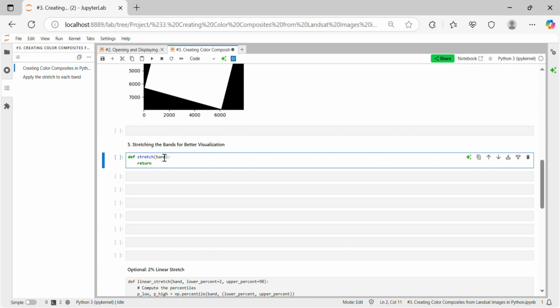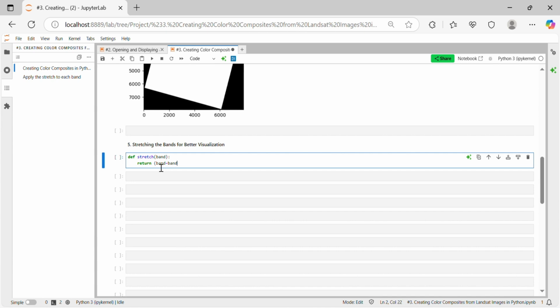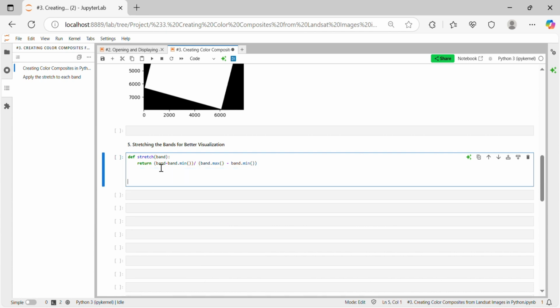And we're going to use the min and max for this stretching. Do band minus band dot min, divided by band dot max, minus band dot min. Okay. Awesome. We've just defined the function to stretch the bands for us, and now we're going to apply that to